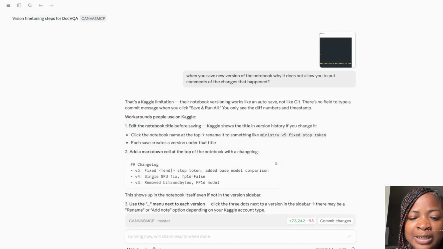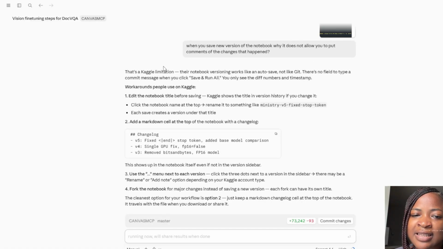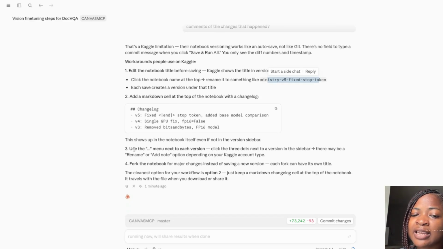So I asked Claude about it and I say when you save a new version of the notebook, why is that it does not allow you to put comments? He said that's a Kaggle limitation. Their notebook versioning works like an autosave, not like Git. There's no field to put a comment message, but you can use the title to put some changes, or you can add at the start of the notebook a markdown with the change log, what has changed, stuff like that, and use menu next to each version. Yes, or you can fork the notebook for major changes instead of saving a new version. Yeah,